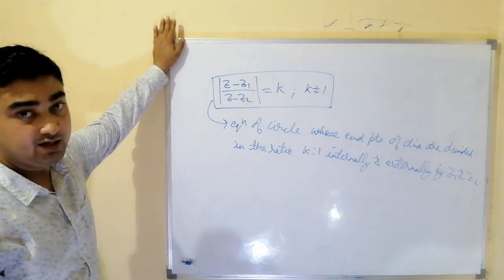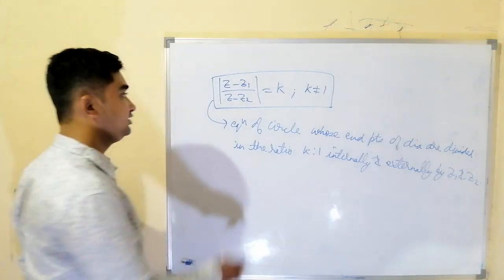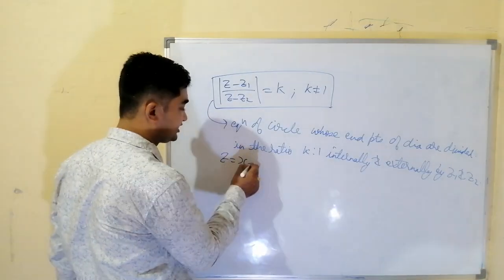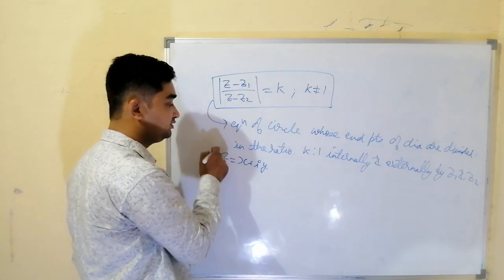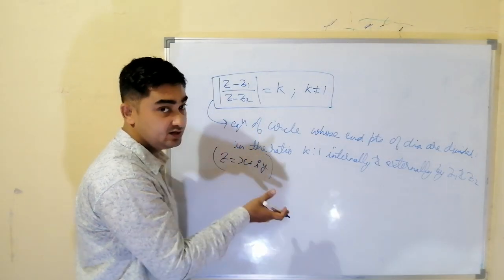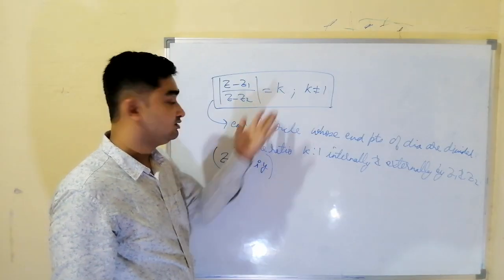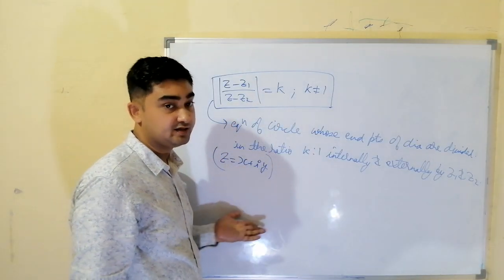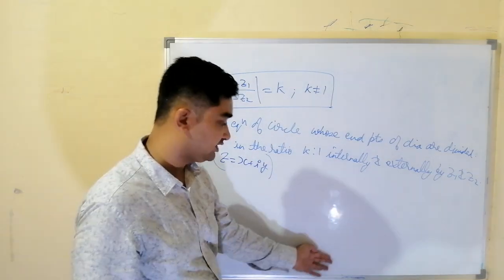And if we want to find the radius and the center of this circle, what we can always do is substitute z with x plus iota y. Z1 and Z2 will be given in the problem, then apply the formula for modulus, take square and convert it to the Cartesian form. We'll get the equation of circle in Cartesian form, then everything we can do.